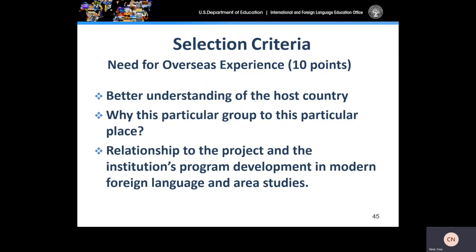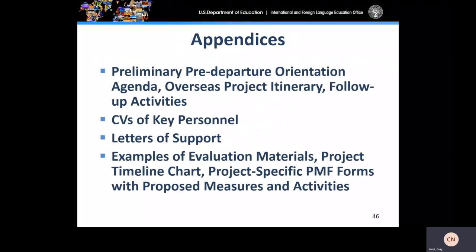The grants.gov appendices provide applicants with an other attachments section that can include preliminary pre-departure orientation agendas, overseas project itineraries, and follow-up activities. It can also include CVs of key personnel, and just remember those CVs should be 3 pages at a maximum.